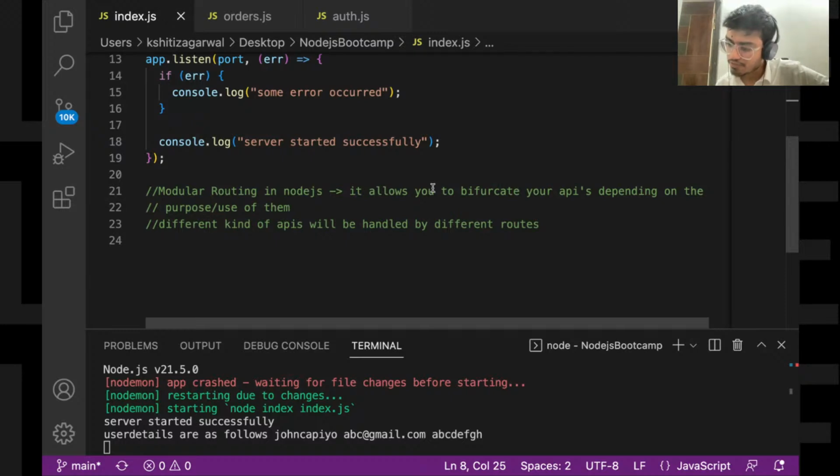Because Sandeep is asking, do we use APIs to integrate between modules or only for inputs? I didn't get you exactly, Sandeep. APIs are basically used to access data for the front end. APIs help you get some data to the front end or receive some data from the front end and do some task with it. Okay. Then Sachin is asking, what is the difference between session and JWT token? We'll be discussing this when we start with our mini project.